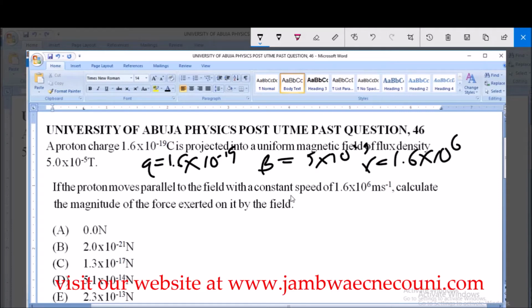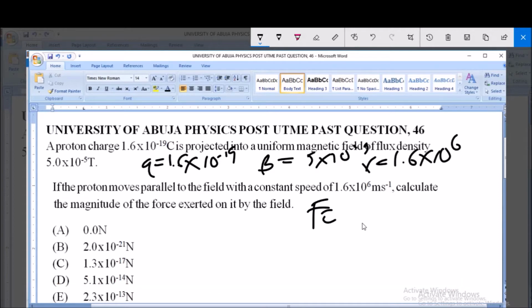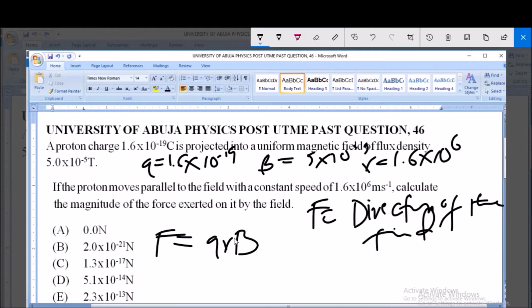Now normally, the force on a particle when it is moving in the direction of the field, take note, in the direction of the field, it is very important, F will be equal to what? QVB, in the direction of the field. But our question did not tell us that it was moving in that direction. It said it moves parallel to the field